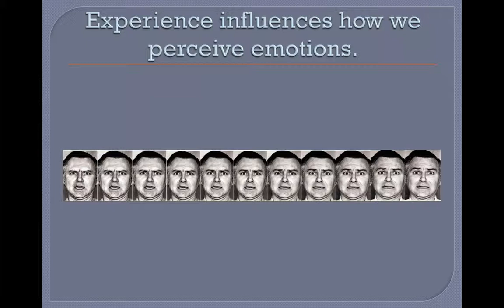In this next slide, you see kind of a variety of different emotions. On the very far left-hand side of the screen, you see a man really looking angry. On the right-hand side, you see one that's more afraid and maybe a little sad. If you look directly in the middle, what you find is a morphed face of the two emotions of anger and surprise or sadness. And what they did in a study is they took children, one group of children who